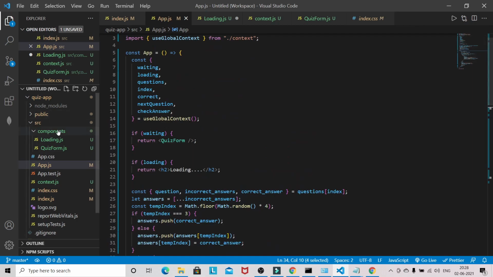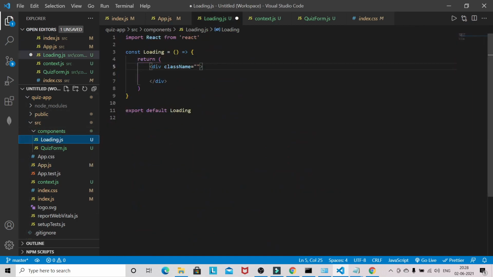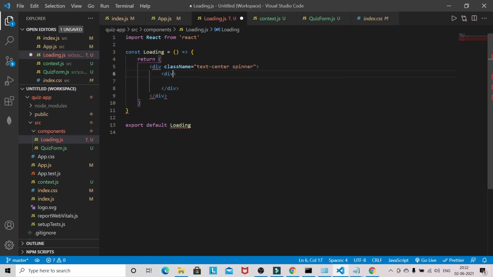Now come to the loading component, and here again I will give the class name text-center, and this is our external CSS class name that I will show you once I complete this loading component.